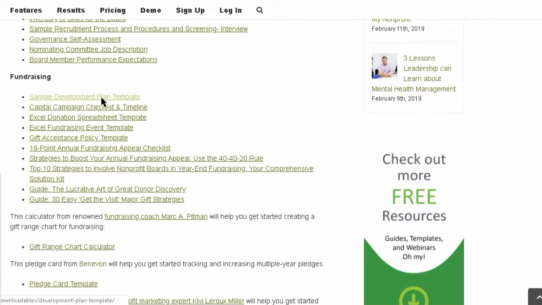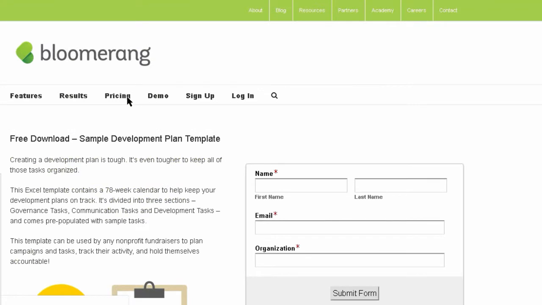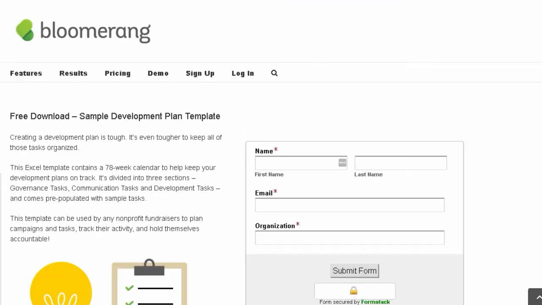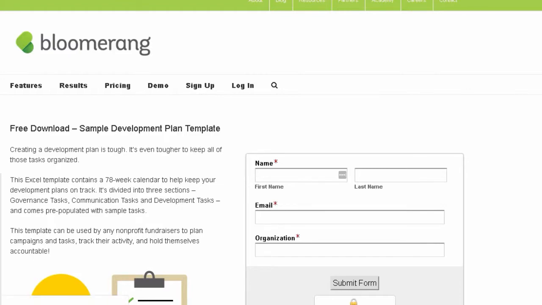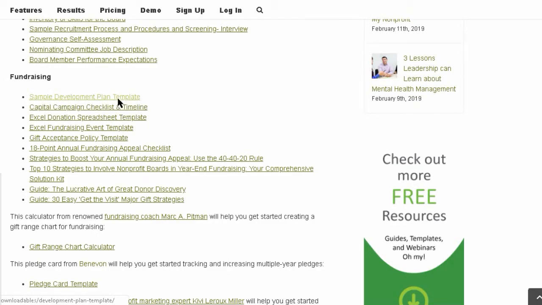Here's the development plan template that we're going to be using today. I'll be emailing this to you, but if you wanted to just click on it here, you would be able to also just type in your email. If you lose your email today, you can come back to Bloomerang and click on Sample Development Plan Template and